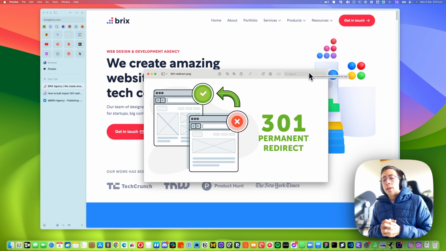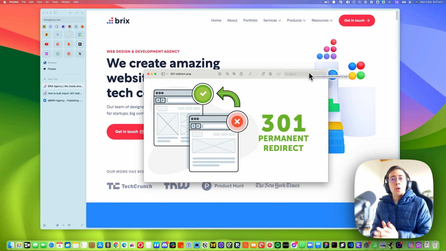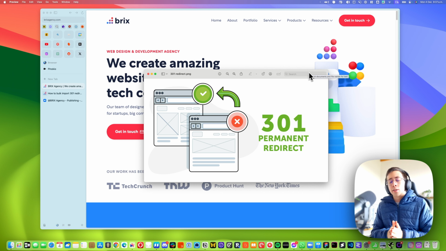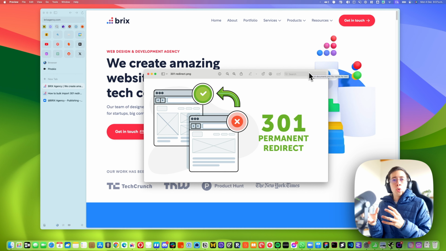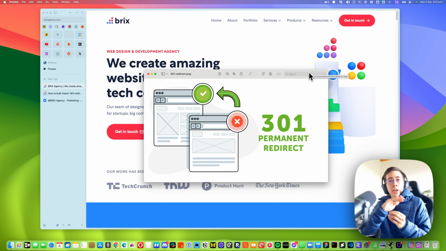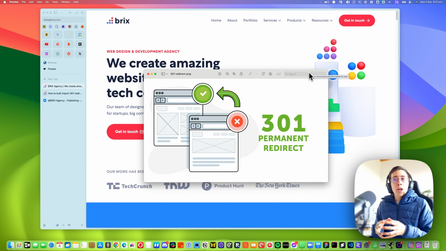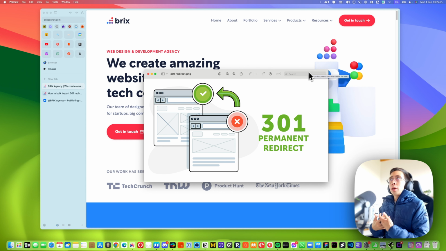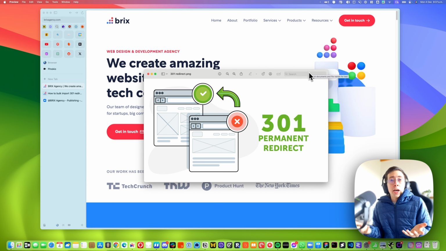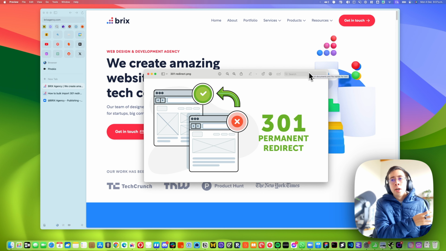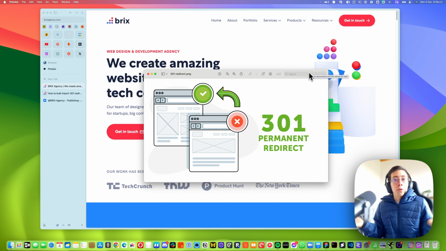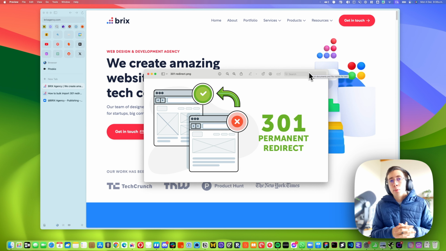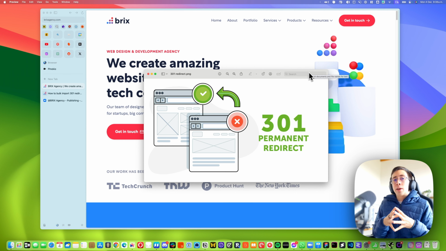So let's continue on why it's important to set up 301 redirects. Particularly for Google, if you went into a rebranding for your brand and you changed all the URLs to a new domain and you don't set up those 301 redirects, Google will kind of lose track of what happened with your site. If all of your old URLs just go into a 404 page that says page not found, it will guess that probably your URLs got lost and you are not in business anymore, and with that you're going to get heavily affected on the SEO side of things.